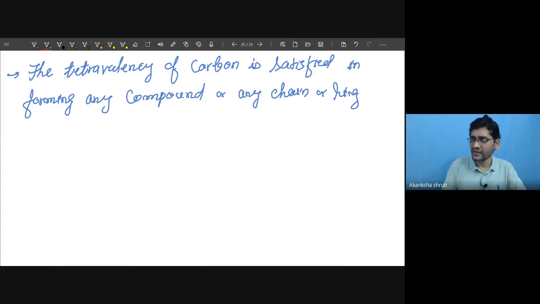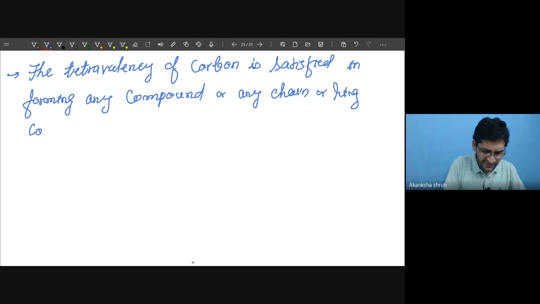Okay, for this it may be possible that two carbon atoms may form double or triple bond depending on the presence of other atoms like hydrogen. Okay, so tetravalency of carbon is satisfied in forming any compound or ring or chain